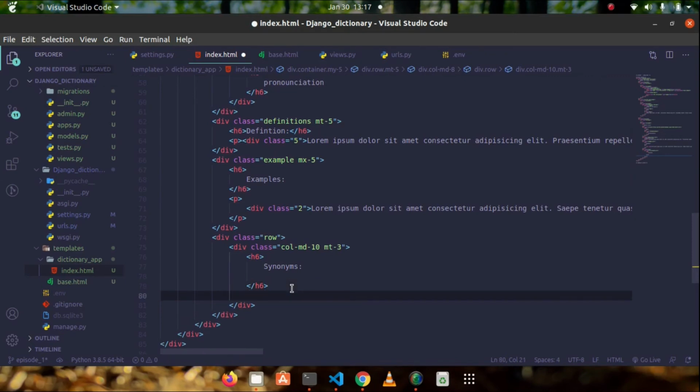So the synonyms are going to be in buttons that are in a line by itself. So you are going to use a flex property. So inside this synonyms,